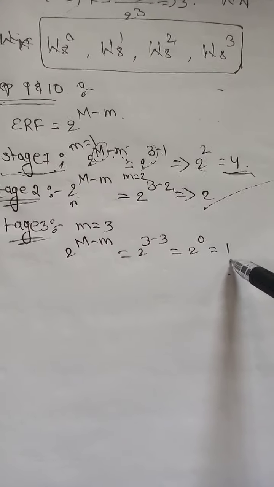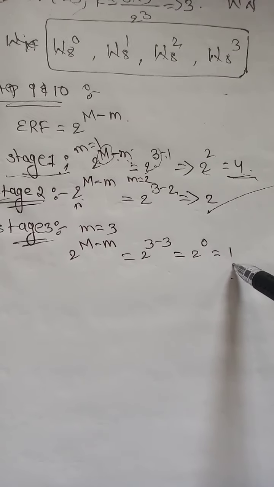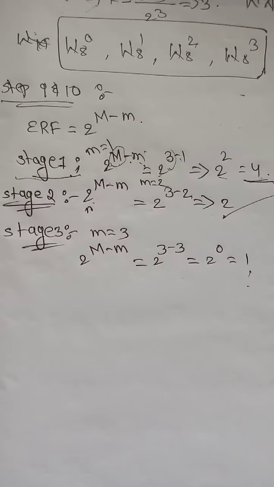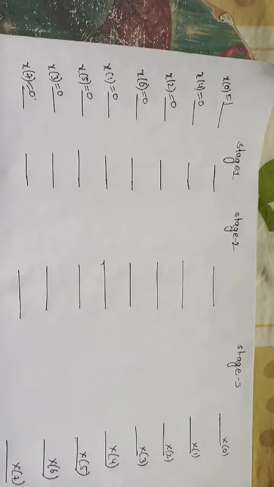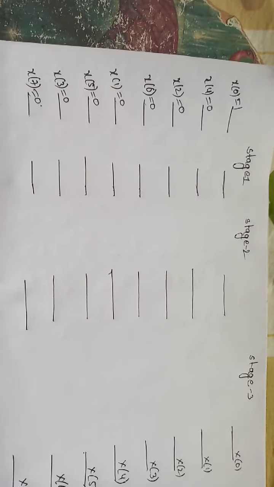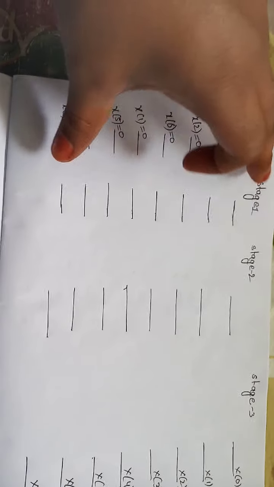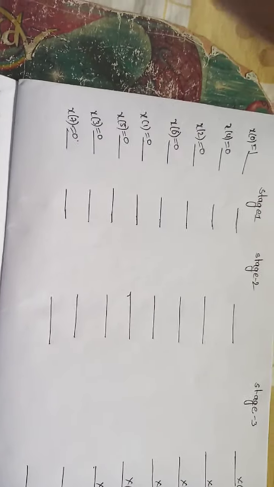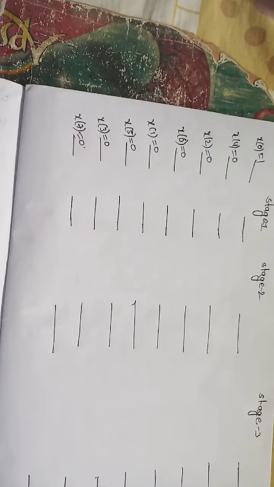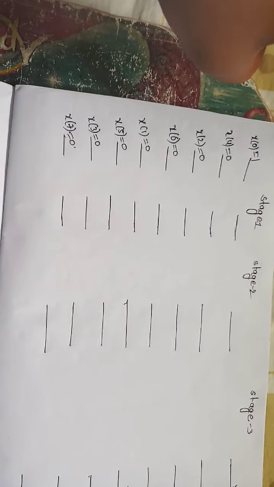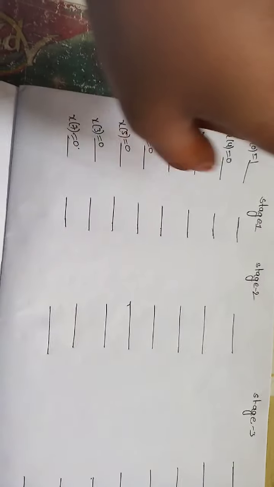So these are the 10 steps we are required to draw the structure of FFT. So see the structure. We got 3 stages: stage 1, stage 2, stage 3. For each stage we are giving 8 inputs and taking 8 outputs. See here, the 5th step, we are having input and output separation. For stage 1, input and output separation is 1. So here we are taking it as 0, 1.